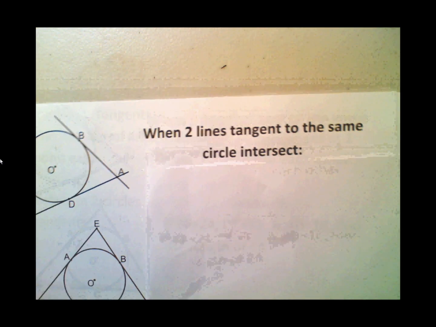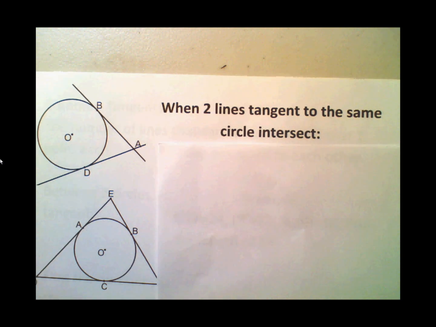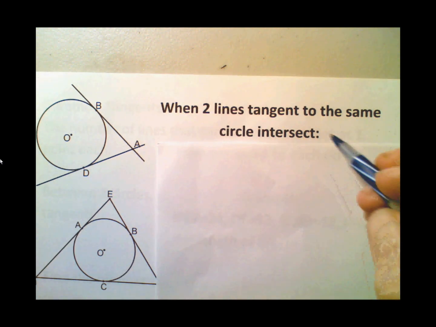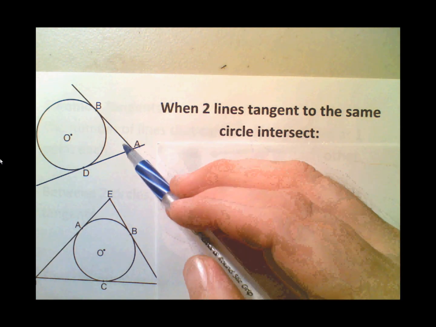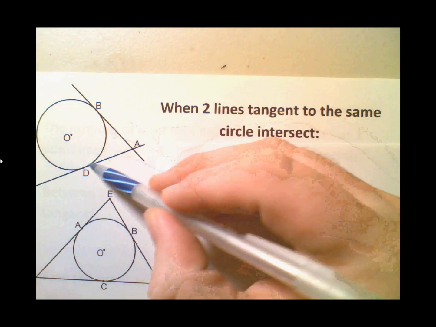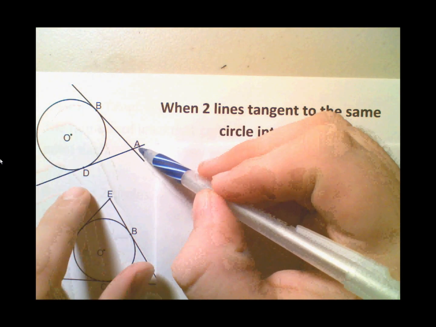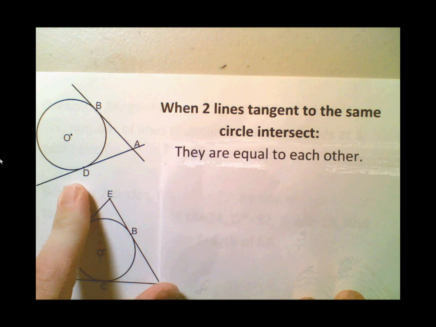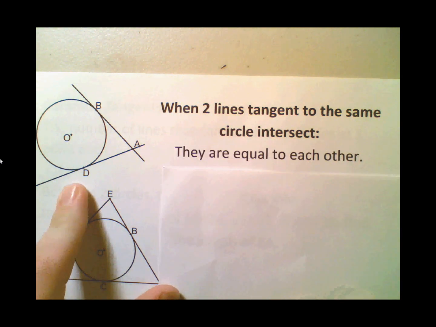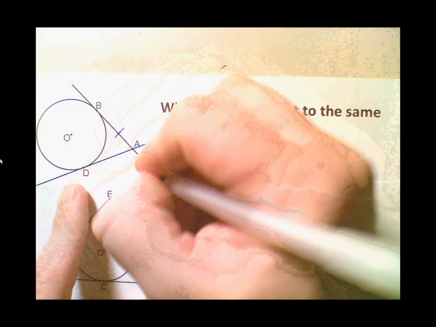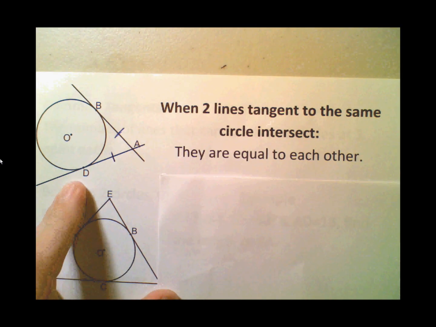Now, when two tangents to the same circle intersect, what happens is we end up getting two parts or two segments, AB and AD. When this happens, the two tangents are equal to each other. Okay? So basically, AB is equal to AD. Simple concept. Now, instead of just jumping into some basic ones, we're going to sort of jump into examples that you could possibly see on the Regents exam. Let's get